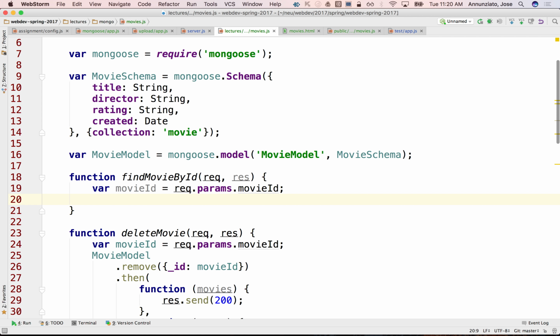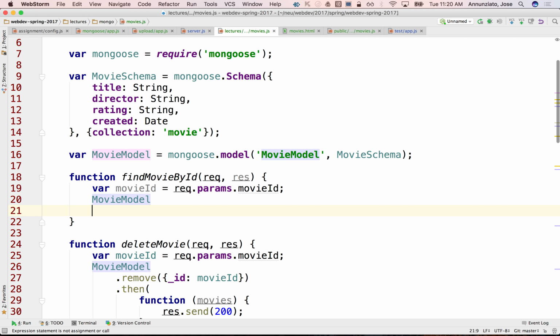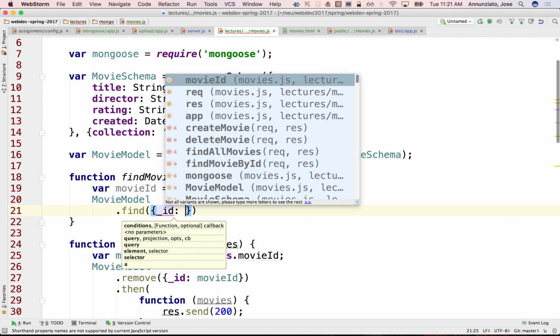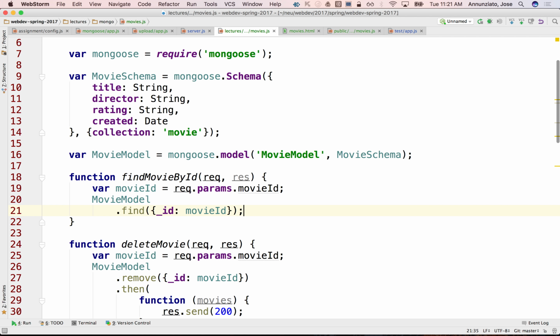So there's a couple of ways that I can do this. One of them is I can use my find method and provide a criteria by filter. I can say I only want the movies whose ID is movie ID. Okay, that would work. The problem with this is that find always returns an array, an array of objects that match that criteria. We know that we're filtering by the primary key, so we know it's just one movie. But even if it's just one, it'll return an array. So either we remember that it's an array and we return the first element of that array, or